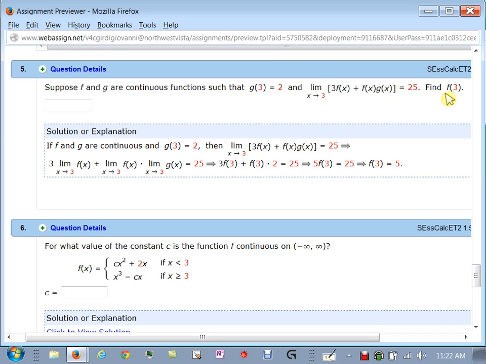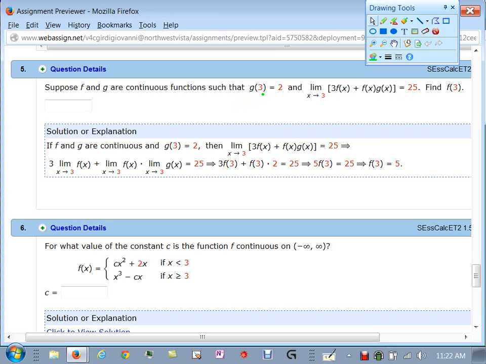It says find f of 3. Now the key to this problem is the fact that they tell us that f and g are both continuous, and it's implied that they're continuous everywhere. That means that this statement right here, the statement that g of 3 equals 2, because g is continuous,